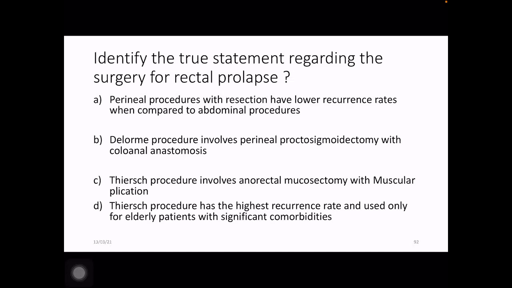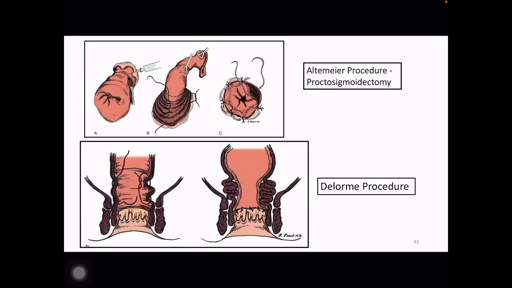TH procedure has the highest recurrence rate and is used only for elderly patients with significant comorbidities. True. Fine. So this is the Altemeier procedure. Basically, perineally you take out the rectum and the redundant sigmoid colon, and you put an incision beyond the dentate line. Completely